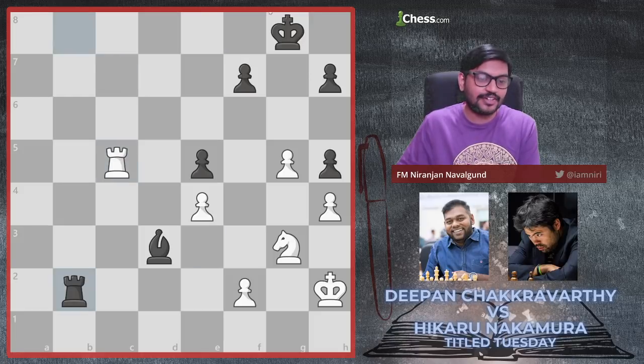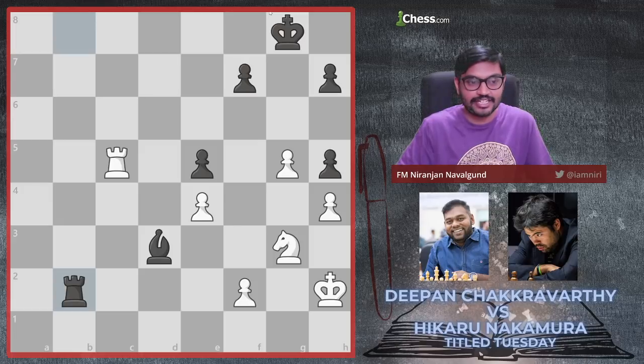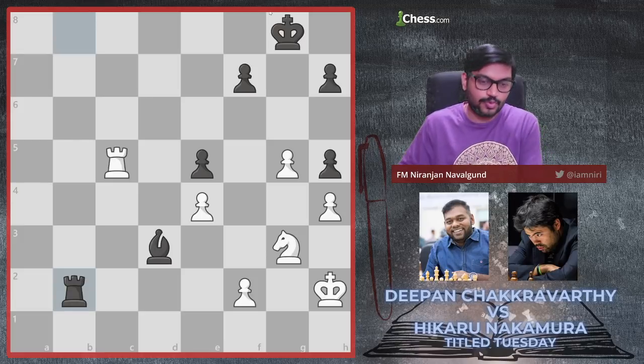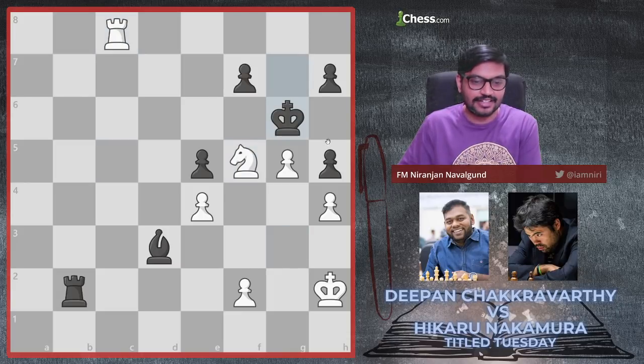And after bishop c5, rook c5, rook b2, here is a puzzle for you. It's white to play and checkmate. It's not every day that you get to checkmate Hikaru Nakamura, so I would consider that this was a very special day for Deepan, who was able to play rook g8 check, knight h5, knight f5 check, and then rook